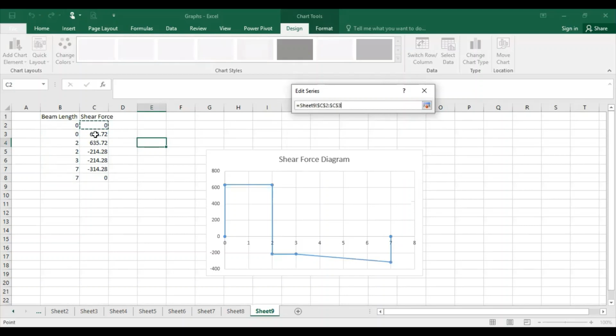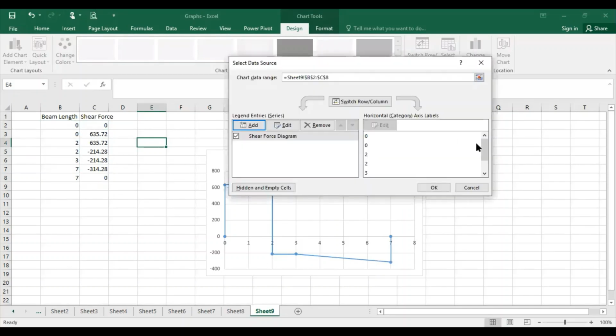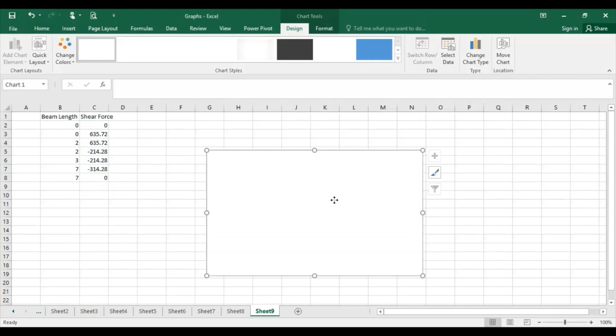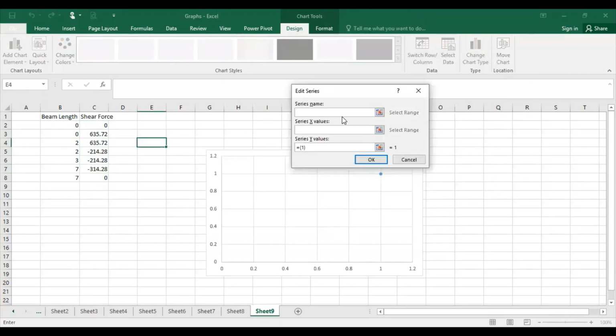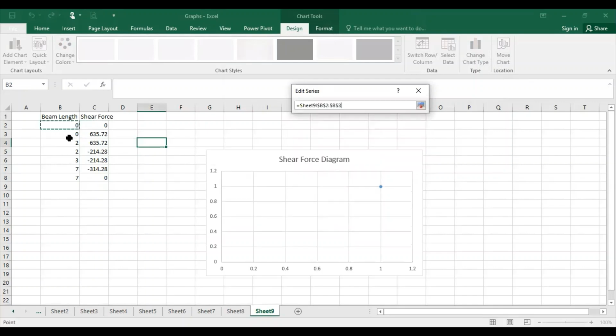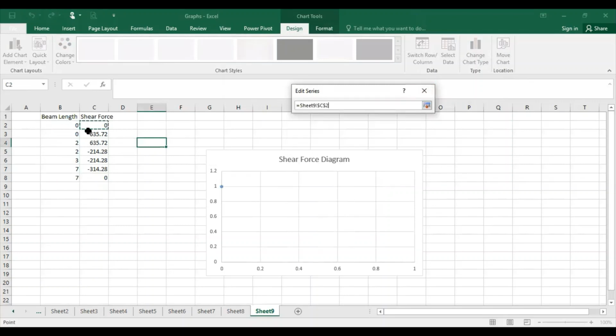You can see your shear force diagram, which we have drawn on the PowerPoint slide. Let me show you again. You go to select data, write shear force diagram, move towards the X values and select them, then select the shear force values.